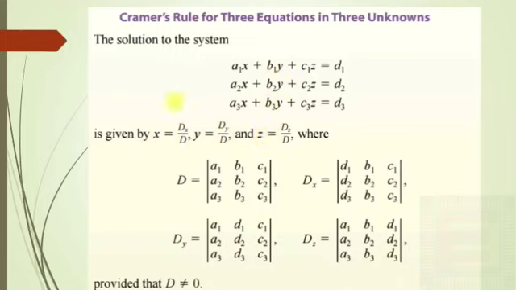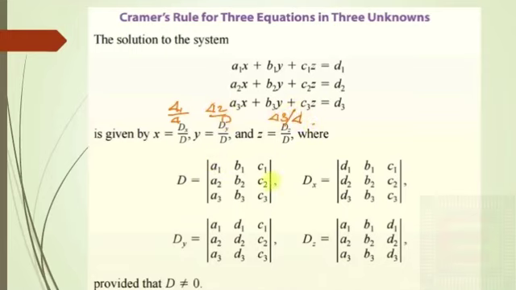Or you can call it delta 1 by delta, say x is equal to delta 1 by delta. Similarly, y is equal to delta 2 by delta, and z is equal to delta 3 by delta, where delta